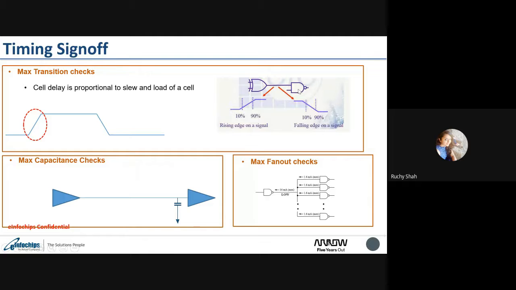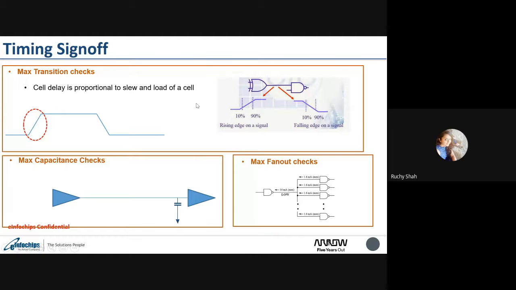Again, one important thing is that our standard cell is characterized already. There are characterization limits for each and every cell. And if we are violating that transition limit, we're not sure what delay that cell will offer, because that is out of bound.